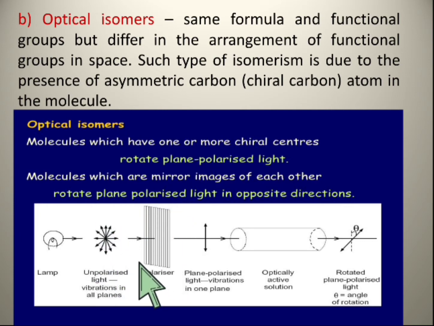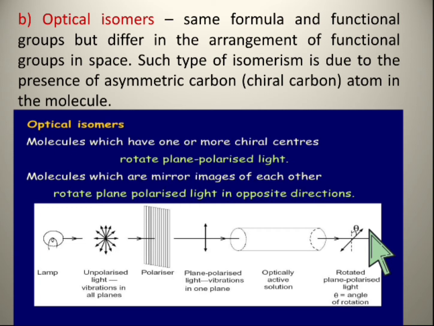But when passed through a polarizer, okay, this plane polarized light is passed through this optically active solution. For example, this solution contains both these isomers, that is, the enantiomers. Alright, when these enantiomers are present here, they will either rotate the light in a clockwise direction or